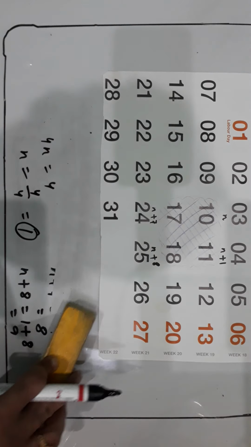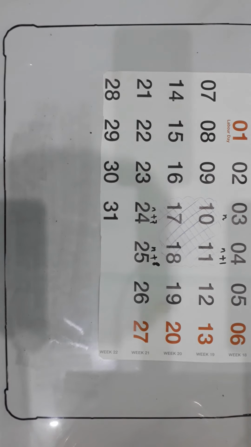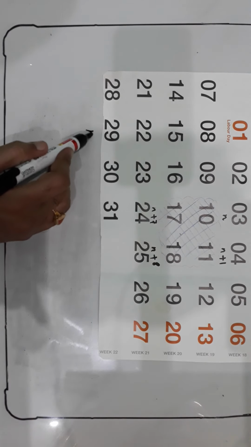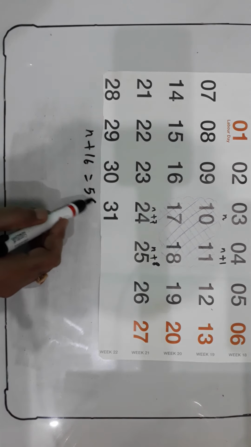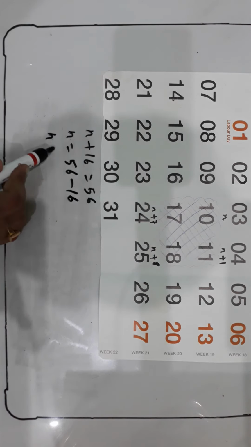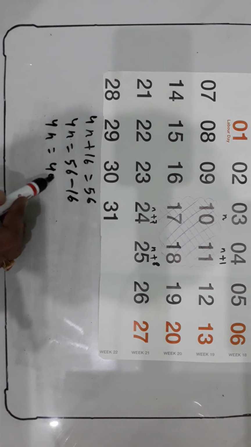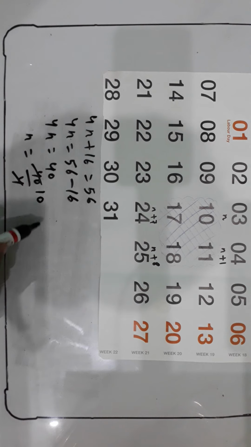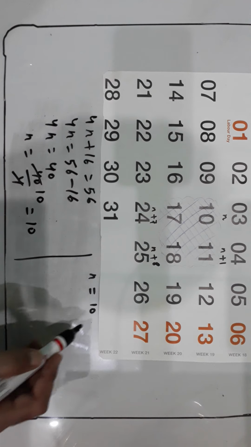And if we talk in terms of the days that were taken by us, so over there also it can be done directly now. See how? What you have to do is, as I mentioned, that 4n plus 16 will be equal to the sum of these four dates, which was 56. So 4n equals to 56 minus 16, so 4n equals to 40. So n equals to 40 by 4 means 10. So your first date is 10, because the value of first date is n.